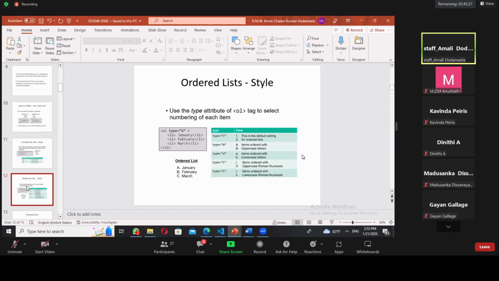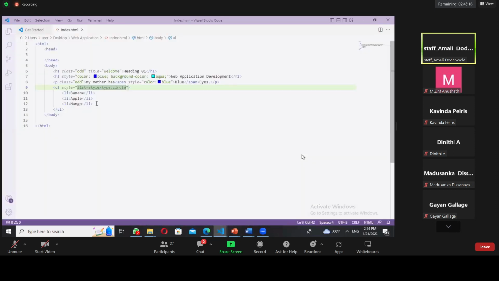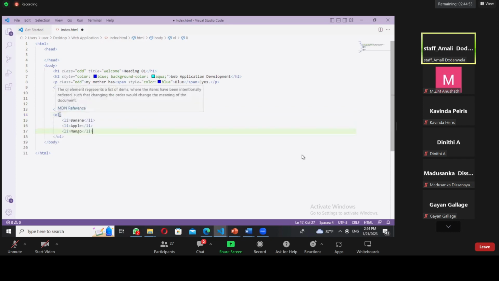ordered list. So what are the styles that you are giving for an ordered list? That is type. So how many types? We'll take the same example with the ordered list. So in here, you have OL. Then within the OL, you have something called type. So when you say type